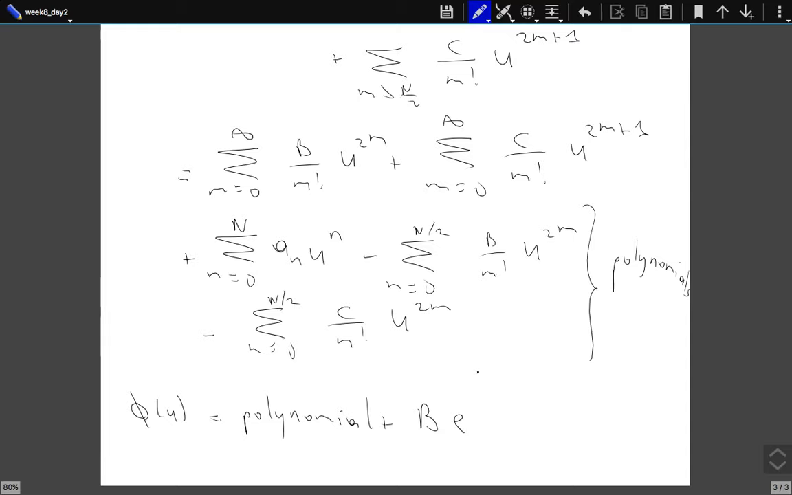plus b times e to the power u squared, plus c times u e to the power u squared. This is my phi. Now this polynomial over there is a polynomial of, for example, 1 billionth order, but nevertheless it's a polynomial. Now we have a problem. You see, for large u,